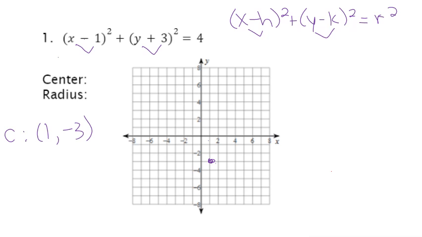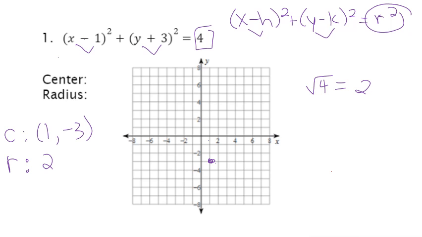We then have to put our radius. So remember, our radius for the formula says r squared. So our radius actually isn't 4. We have to do the square root of 4, and that's going to give us 2. Sometimes our radius, or r squared, won't be a perfect square, and that's okay. For graphing purposes, we like to usually use the decimal